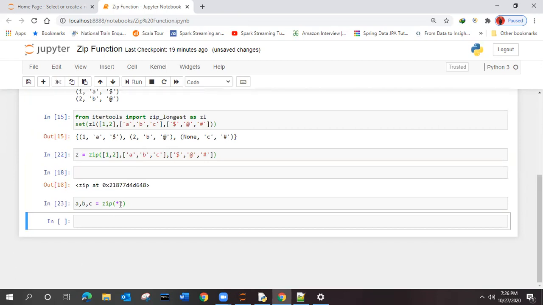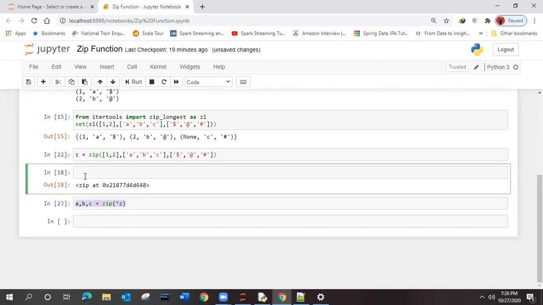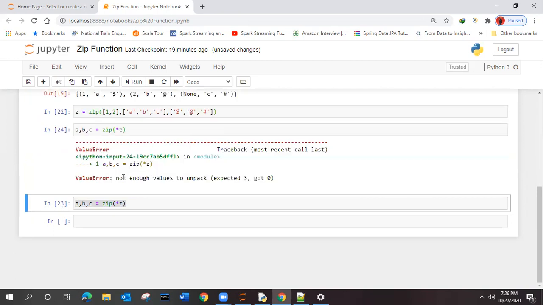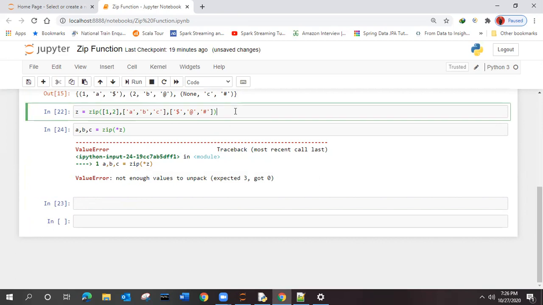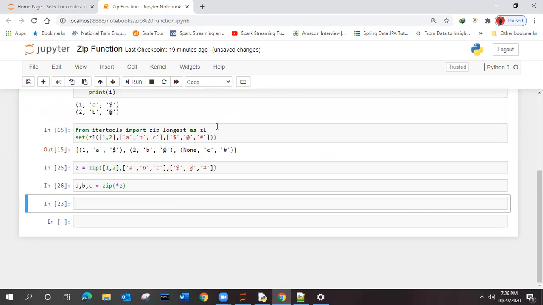Now it is executed, because we have excluded that line. Always, first you have to execute this one, then execute this one. Otherwise it is not going to be printed, because it is zipped.